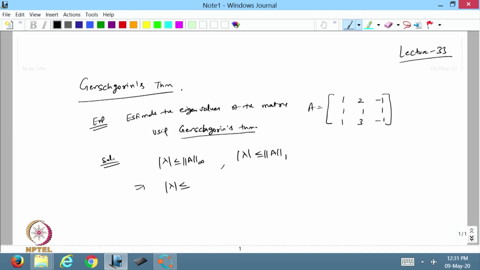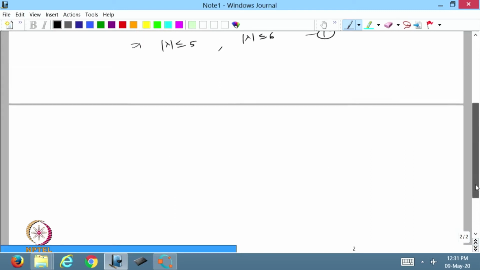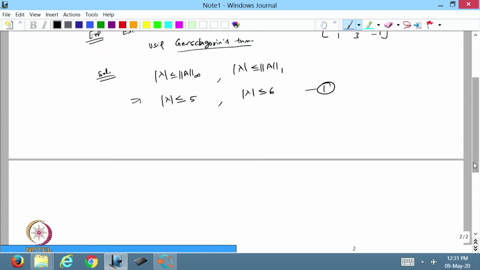So 2 plus 3 plus 4, and this is 3, and this is 5. So it is coming 5, and the maximum column sum is 3, 6, 3, it will be 6. So this is my first bound on the eigenvalues. So it is case 1.